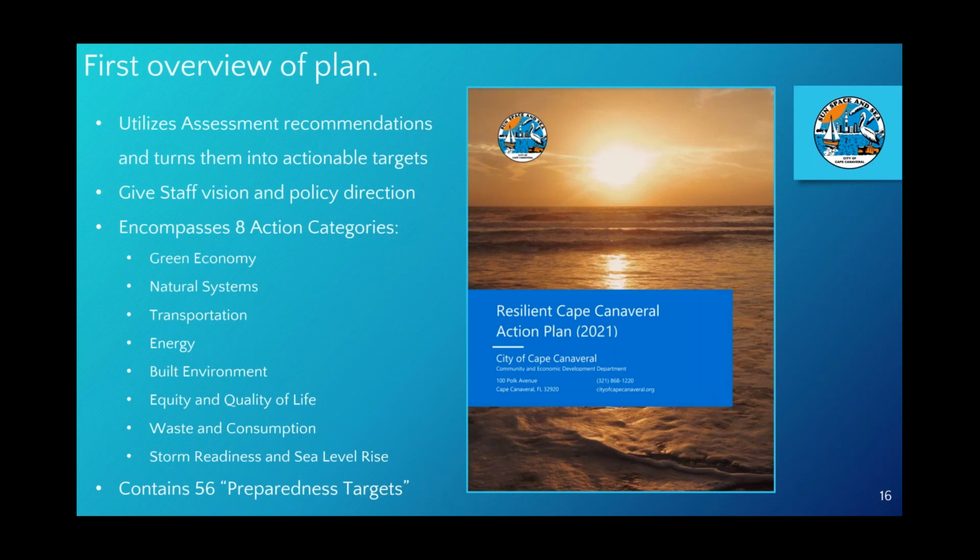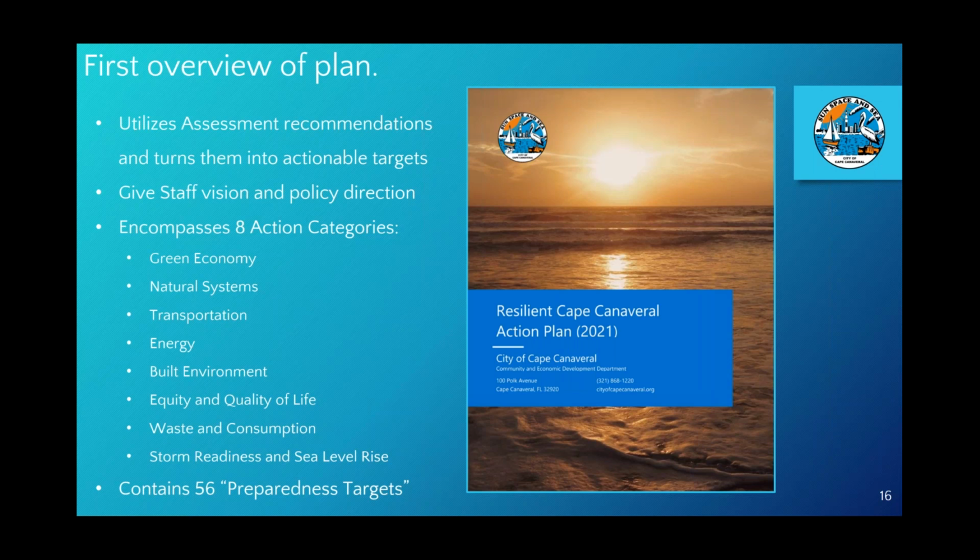It is often the case that when cities adopt a plan such as this, there is a noticeable acceleration of progress. And I can speak to this personally, as when I was working for the city of Satellite Beach, before my current position in the city of Cape Canaveral, we adopted a sustainability action plan that had very similar targets. And within 18 months of adoption of the plan in 2017, the city had completed already half of the plan's initiatives, or had them at least on the drawing board ready for implementation.